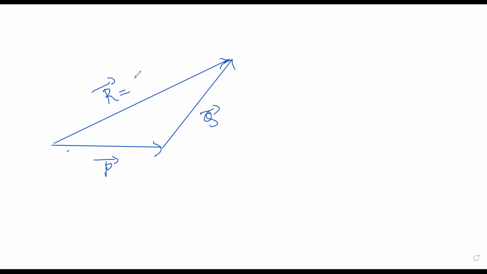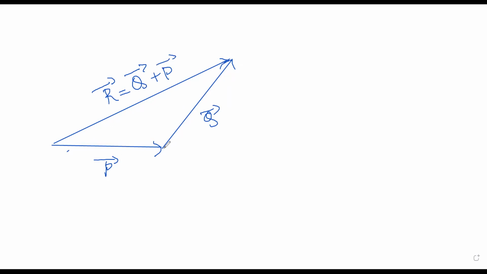This is vector 1, and then this is vector 2. Now you connect these two like this. This is my resultant vector, right? So this is how we start. This is my R bar, that is equal to, let us say this is my P bar and Q bar, and this R bar is nothing but Q bar plus P bar, or P bar plus Q bar, whichever way you like.